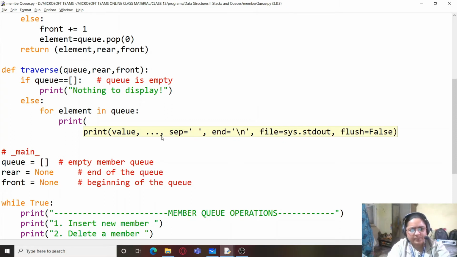Now for this printing also we can simply write, because everything is in the form of a dictionary, so I can write it this way: member ID, which will be element, and mem ID.